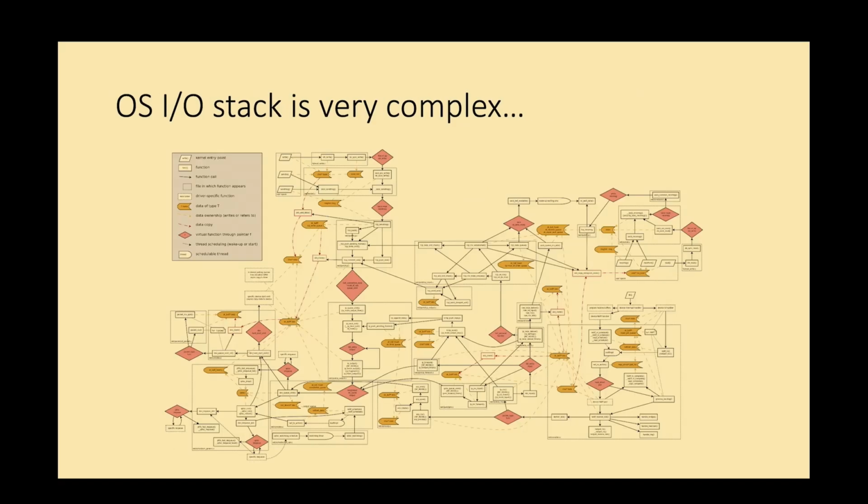First problem. Okay, this is not intended for you to read. I just want to show you that the operating system, or should I say, this is for Linux, right? The Linux I/O stack is extremely complex. This is, I think, an architecture or a call graph for the networking stack in Linux a few years ago,